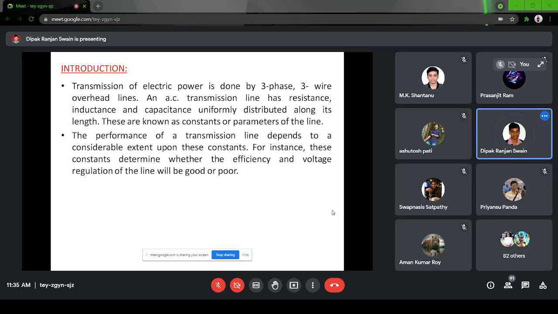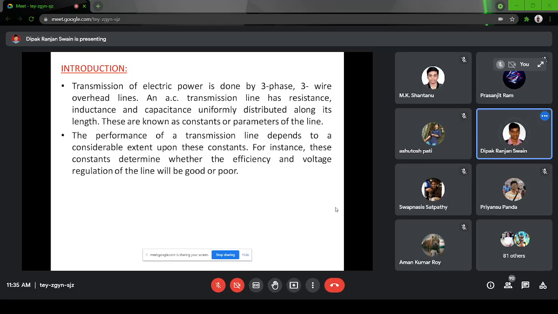Now, this derivation, after the class, I will upload the PPT on the Google Classroom. Still, if you need, you can write down, because few derivations that will be done here may not be available in the book. And sometimes you may need to follow 2 to 3 books to get all the derivation. So if you want, you can write down. I will give sufficient time, but still, as I've told, I will upload this PPT after the class is over